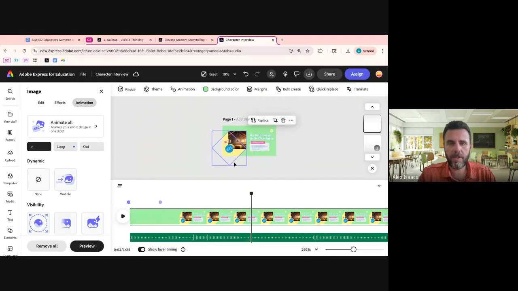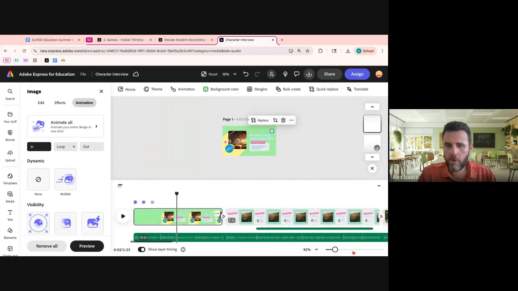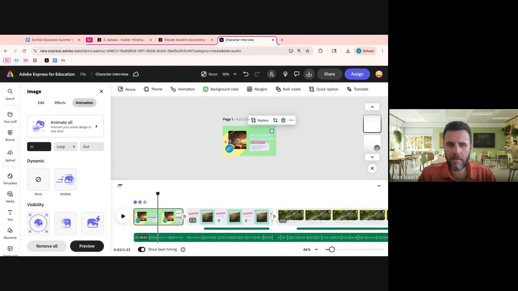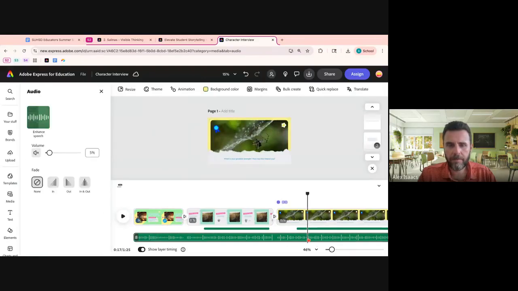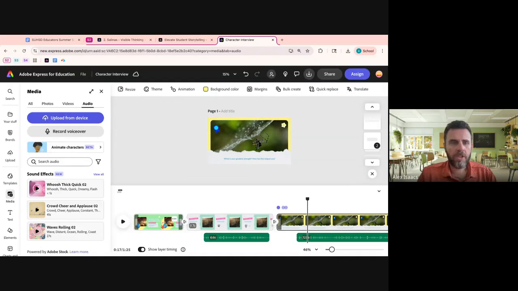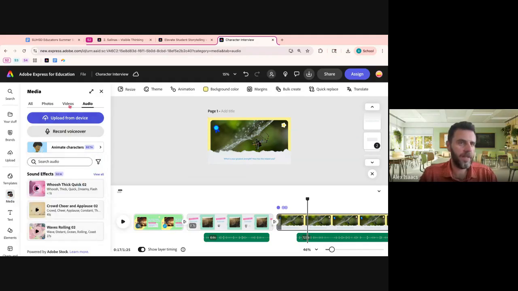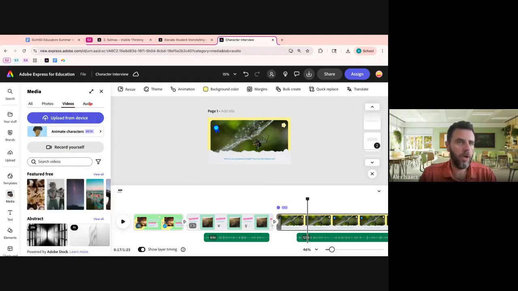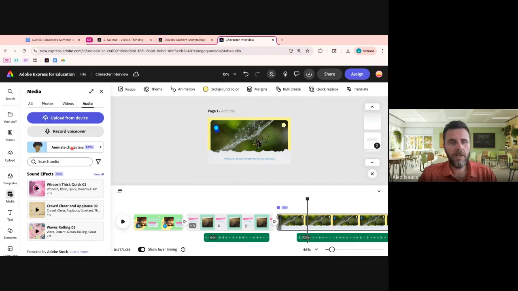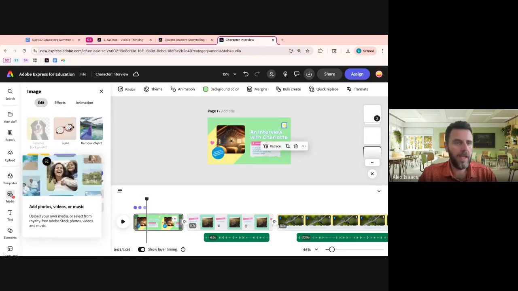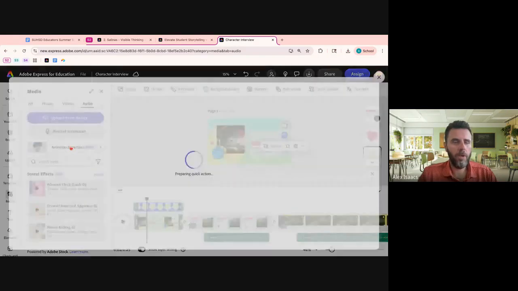And what you'll notice is if I zoom out a bit on that scene, I'm going to get rid of the music. You'll see that I have no voice on that part of this presentation. So now, under media, over on the left side, one more time, you can find this either under videos or audio. And what you will see is you'll have animate characters. When you click on that,